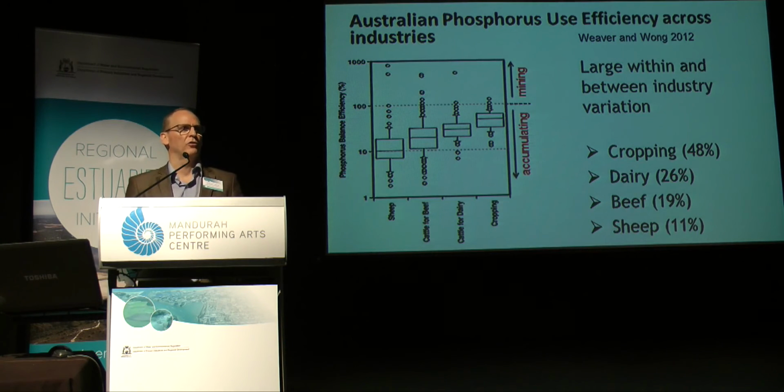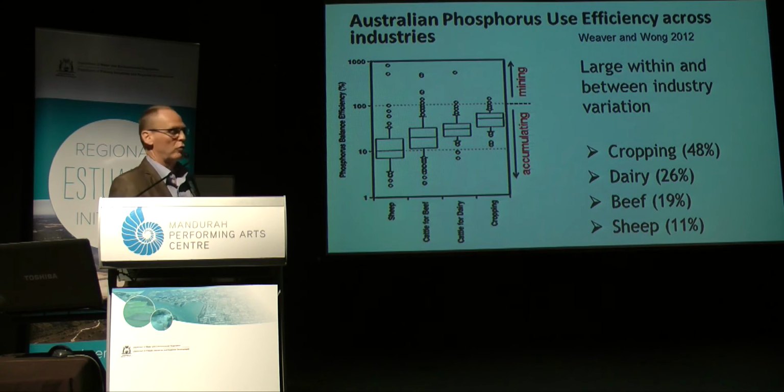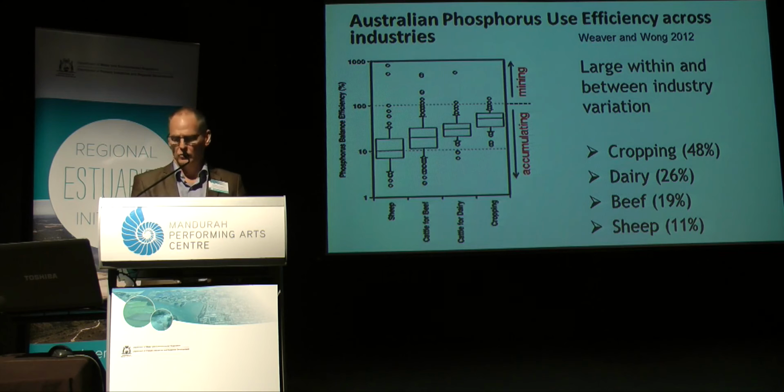What's important also to recognise is that there's a big diversity in relation to individual enterprises. So if you look at the dots on the box and whisker plots, which are individual farms that are lying outside the normal distribution of the data, you can see that if we choose cropping, there's some farms that have a phosphorus efficiency of close to 10%, and then there are others that actually have efficiencies above 100%, where they're actually mining phosphorus from the system. So it's really important to recognise that yes, there is big differences between enterprises, but there's way bigger differences between the operations within the system. And that's where our scope for improvement really lies.